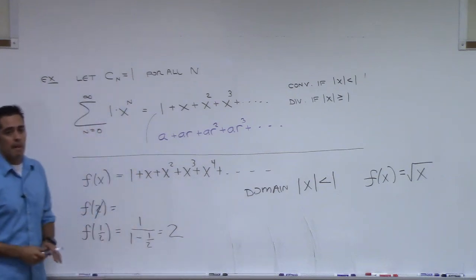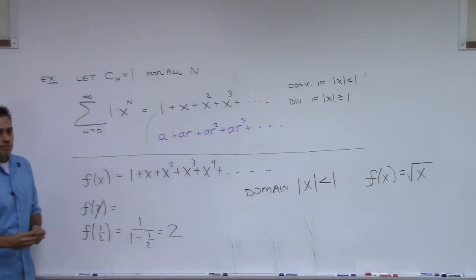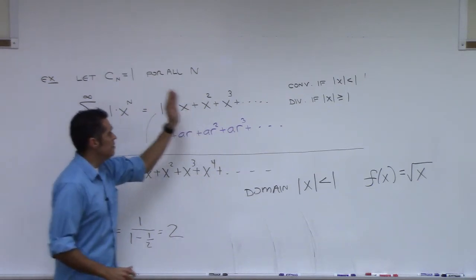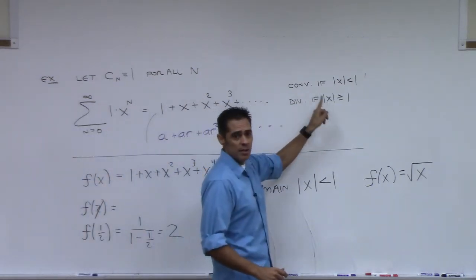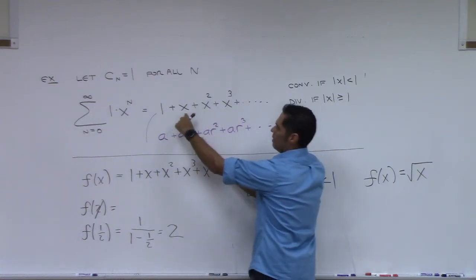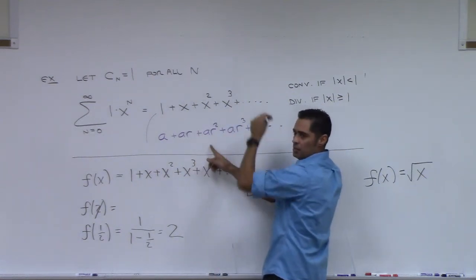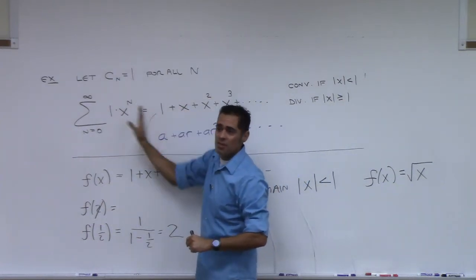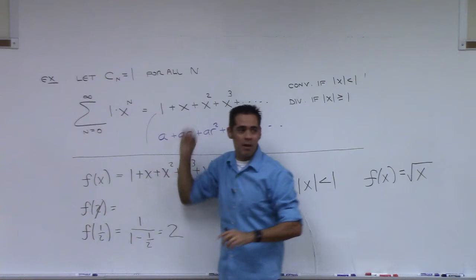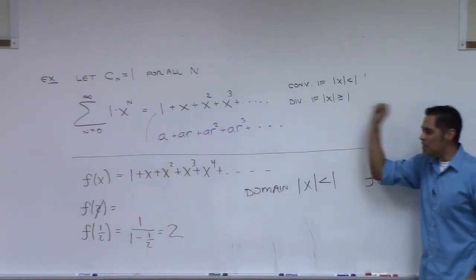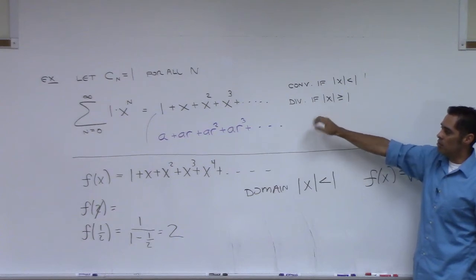Yes? So 2 doesn't work because you said it goes to infinity? 2 doesn't work because this is a geometric series, and a geometric series will diverge if this part right here, because the x is acting like the r, right? And the a is 1 in all of these. This is only one example, everyone, okay? This is just when the constants are 1. If these constants are not held at 1, we are not looking at a geometric series anymore. Everything changes. But for this specific example, which is an important example,